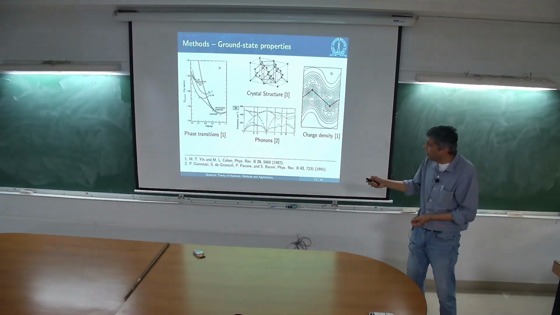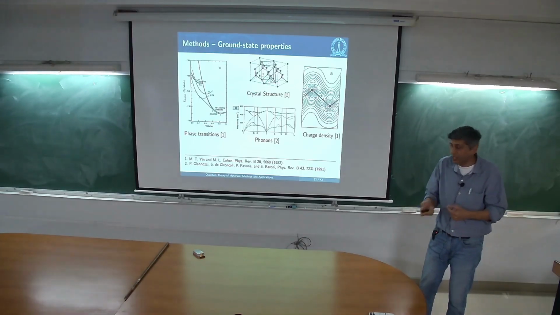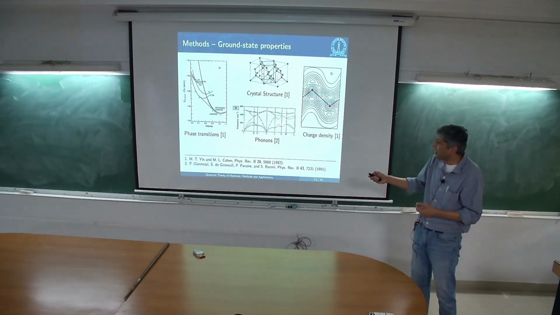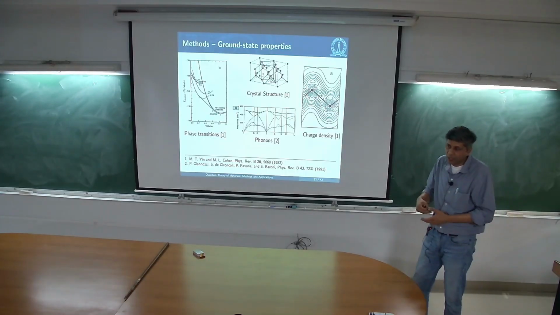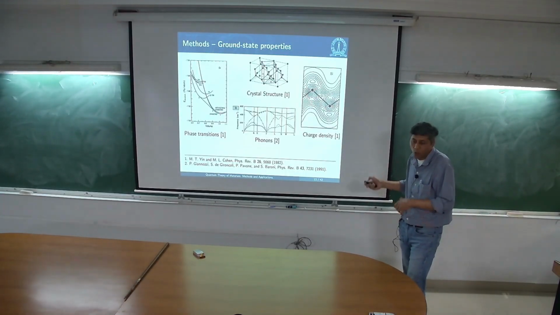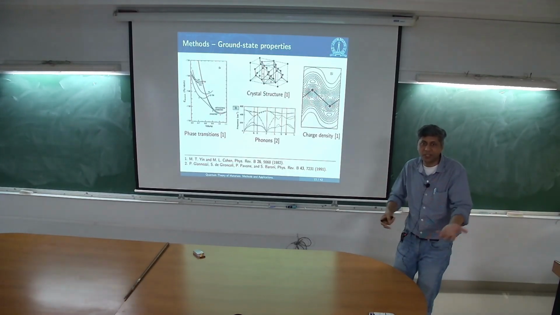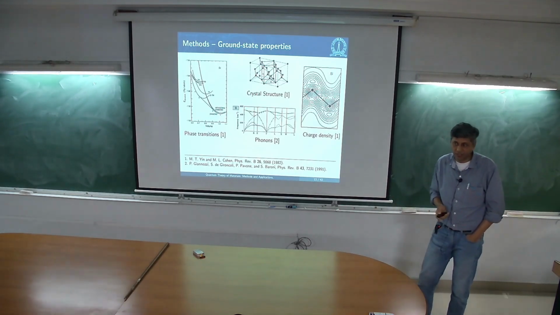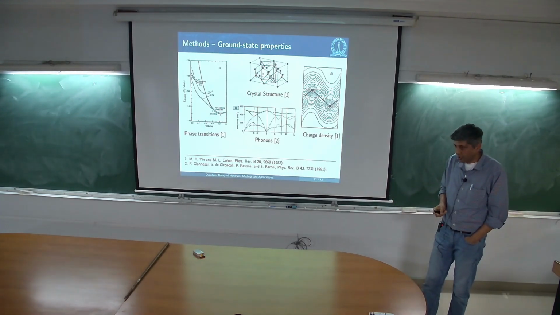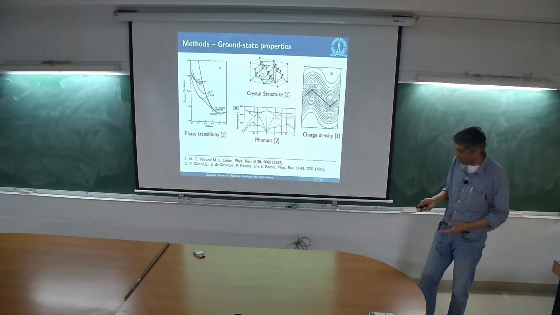By doing perturbation theory on top of this, density functional perturbation theory, you can predict phonons. You can also predict the charge density, which can also be measured. With X-ray diffraction, if you put in the structure factors, you should be able to back out the charge densities as well. So this is what you get if you do all of this.